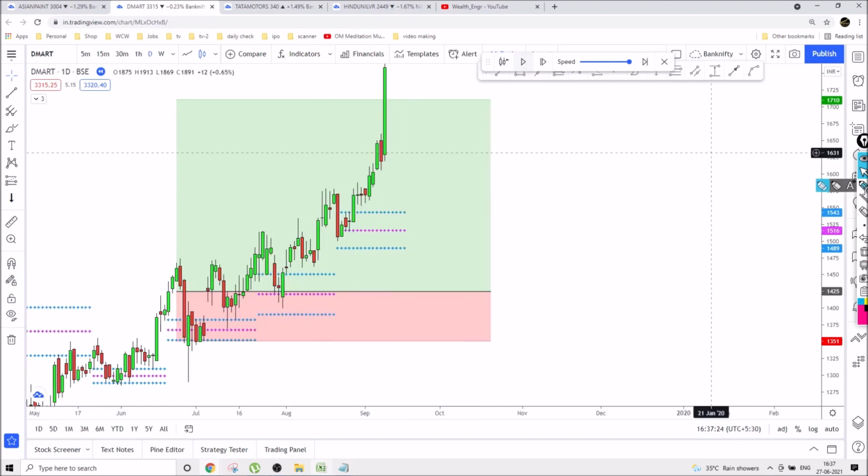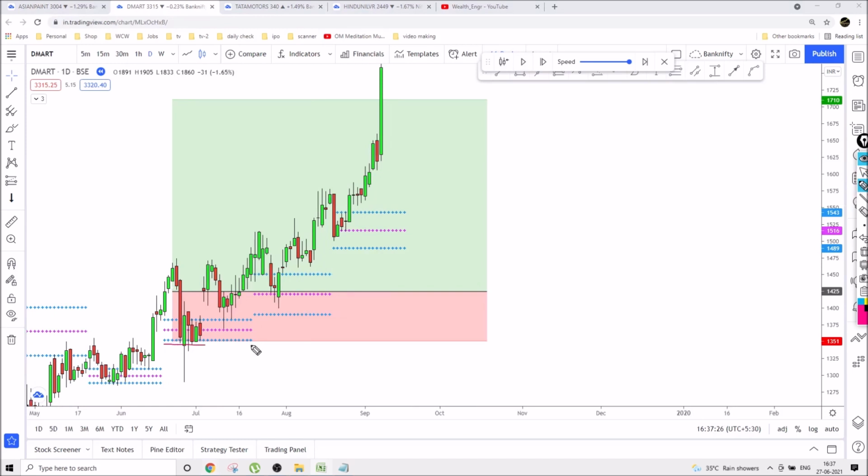Okay, now where is our stop loss? So from here the stop loss has moved to here. Okay, now from here the stop loss has moved to here. So in this way you can lock your profits. You need not leave the entire profits to the market. You can lock your profits. So whenever any candle closes below this one, immediately you go for booking your profits, whatever you get.